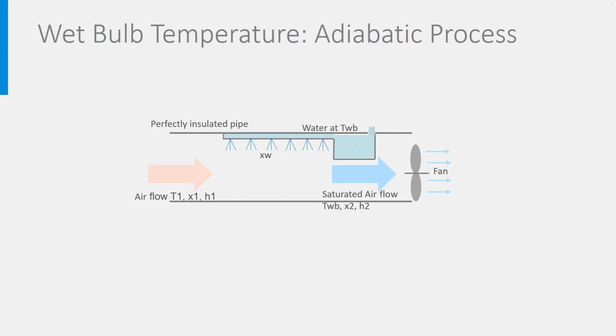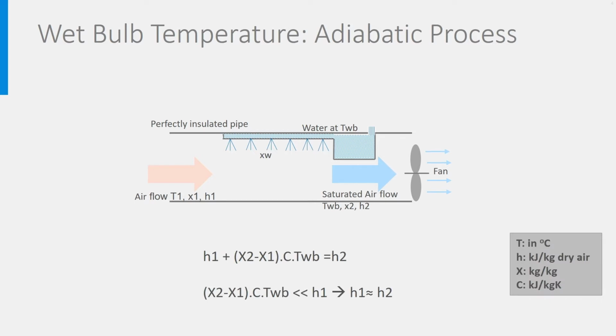The water content at the outlet is X2, the one at the inlet is X1, so the difference, X2 minus X1, has been injected. In the figure, XW equals X2 minus X1. Let's make an energy balance. The total enthalpy of the incoming humid air is H1 kJ per kilogram dry air. You learned in another lecture how to calculate it.